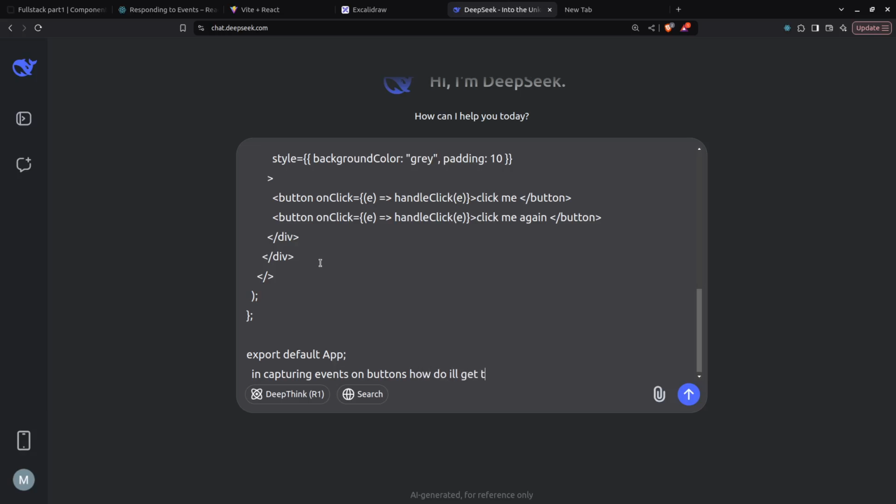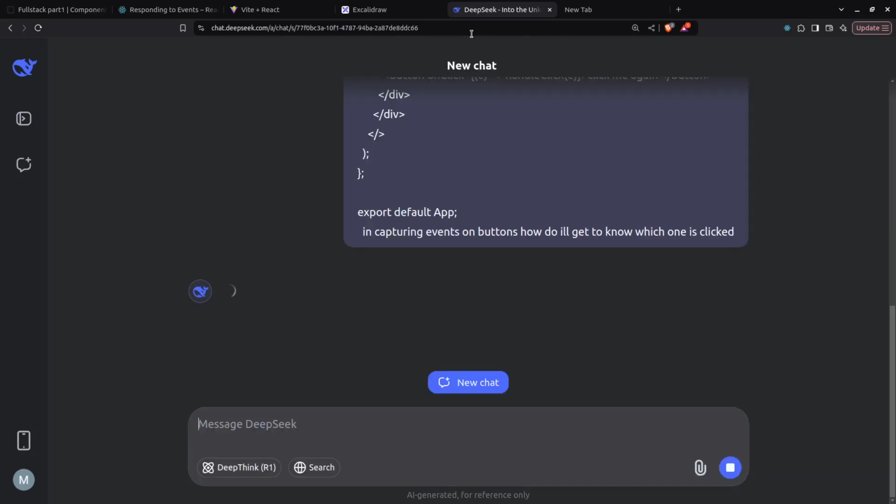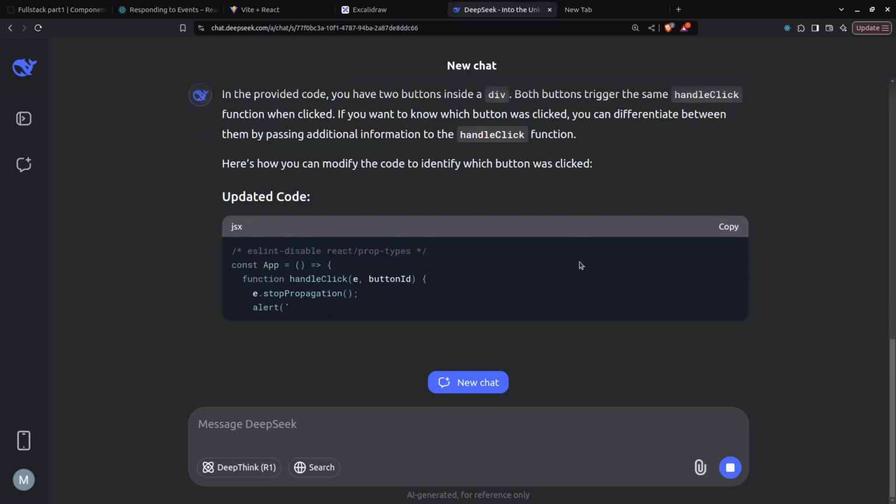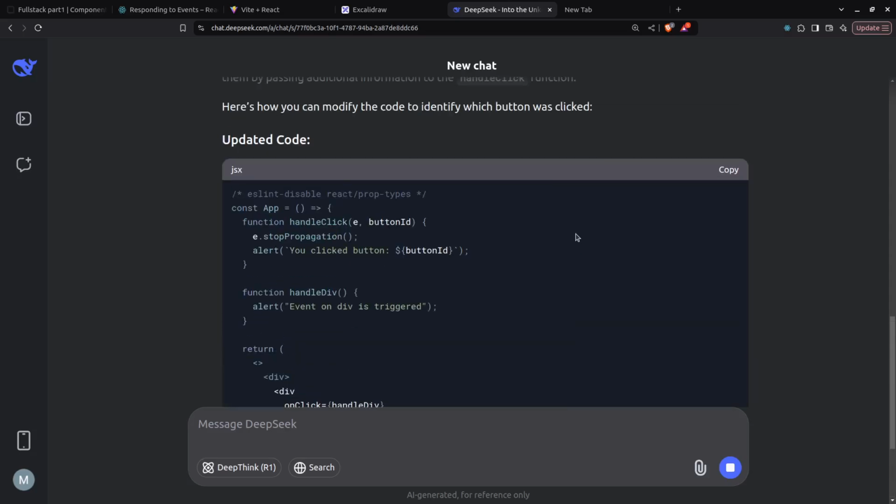I'll get to know which one is clicked. Now while you are thinking, I didn't add it. Thinking, I think for this updated code,